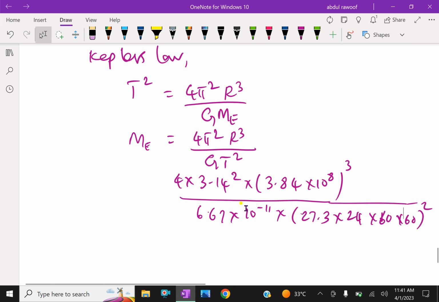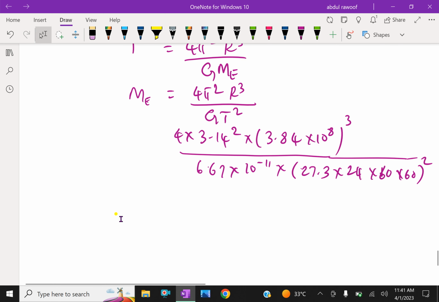By calculating all these values using the calculator, we get